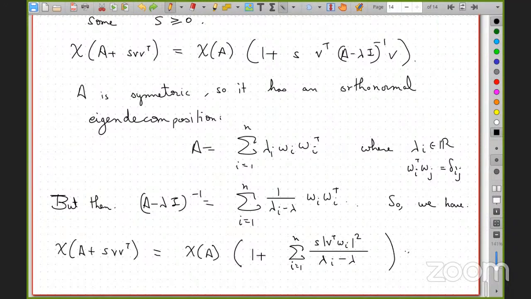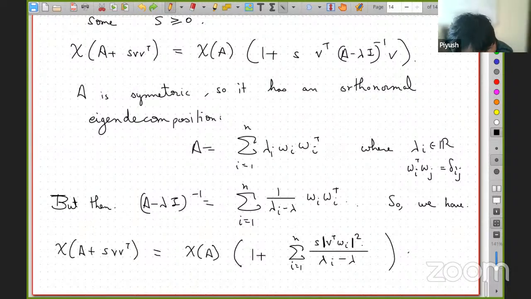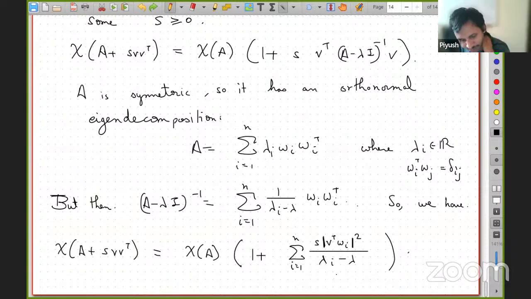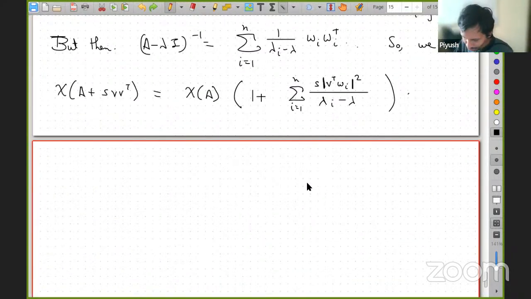Sorry, but doesn't this imply any eigenvalue of A is also an eigenvalue of A plus vv transpose? Yeah, so let's see. There's a problem, right? You cannot just substitute lambda equal to lambda_a because these terms are blowing up. Oh, okay. But you're sort of right. If repeated things will work, but let's just see what this means. So, caution: